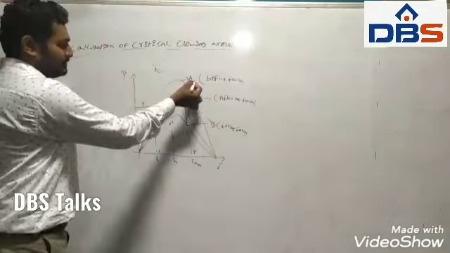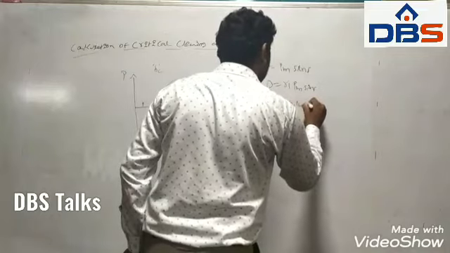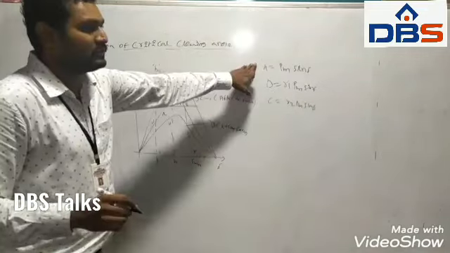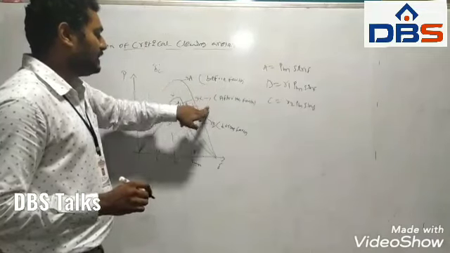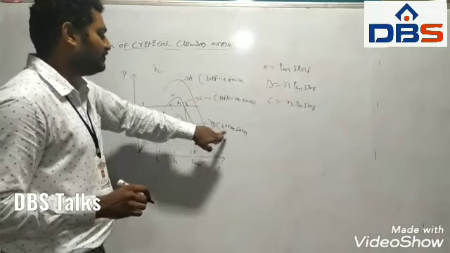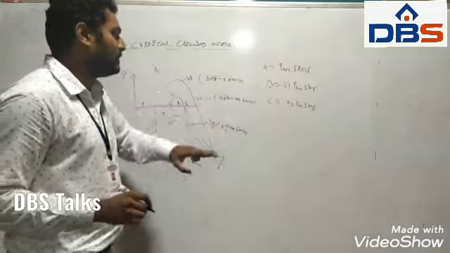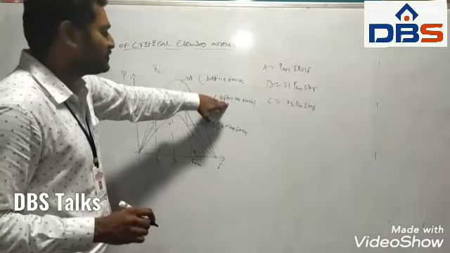So here the equations of these curves are: A is equal to Pm sin delta, B is equal to R1 Pm sin delta, C is equal to R2 Pm sin delta. So the equations are A is equal to Pm sin delta for the before fault condition, B is equal to R1 Pm sin delta for during the fault condition, and C is equal to R2 Pm sin delta for after the fault condition or post fault condition.